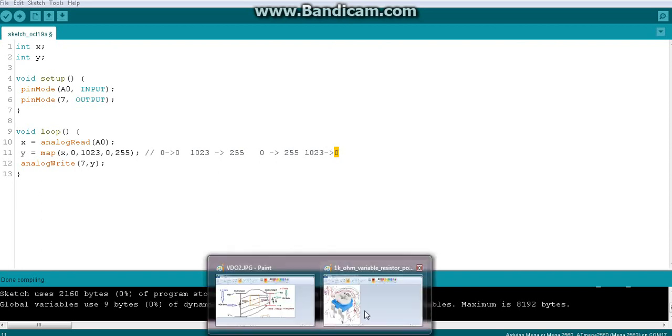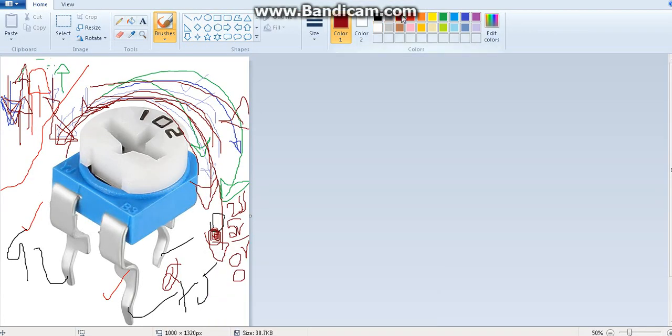Likewise, if we are rotating this to the minimum point of this variable resistor, earlier the analog input was 0, so our analog output also was 0. So both were 0 voltage. Now the analog input is always 0, there's no question on that. But our output we have to invert. So the output should be 5 volts.